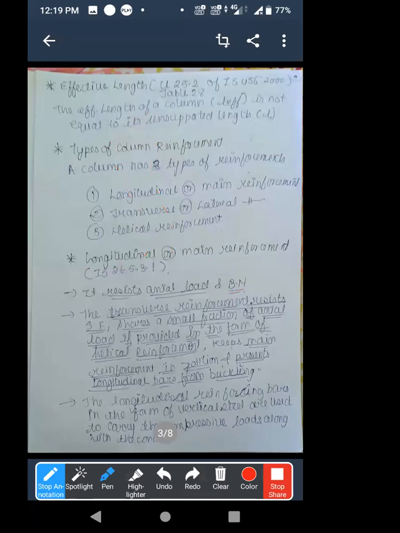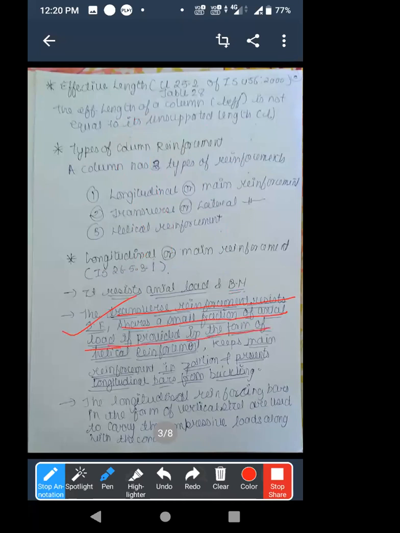Okay, now see here. Why are you using transverse reinforcement? Transverse is in our column; these are the longitudinal bars, and again you are using the transverse also. Why do you use transverse reinforcement? You use it to resist the shear force, and it shares a small fraction of the axial load